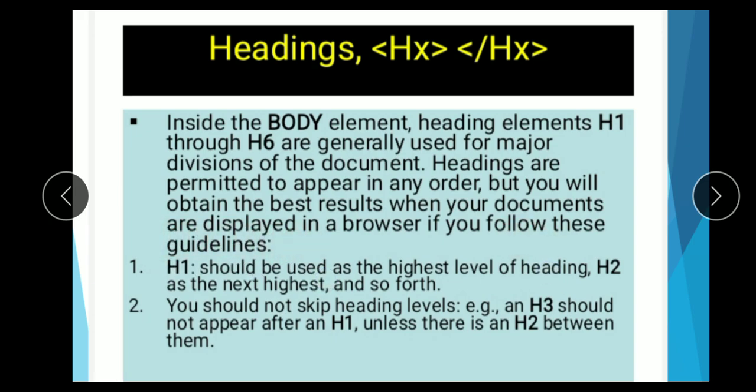First one, H1 should be used as the highest level of the heading, H2 as the next highest, and so further. Means you should not skip heading levels. Means you can follow heading H1, H2, H3, H4, H5 and H6.